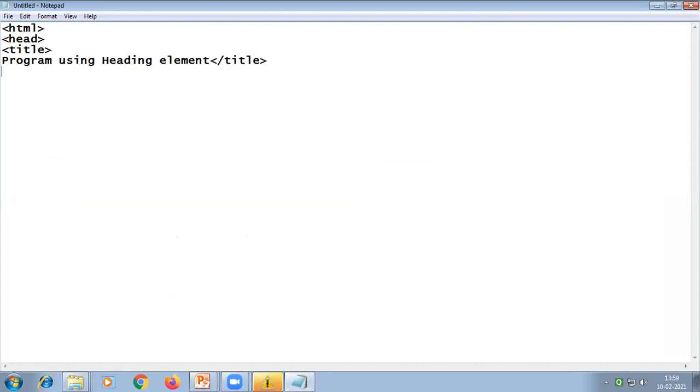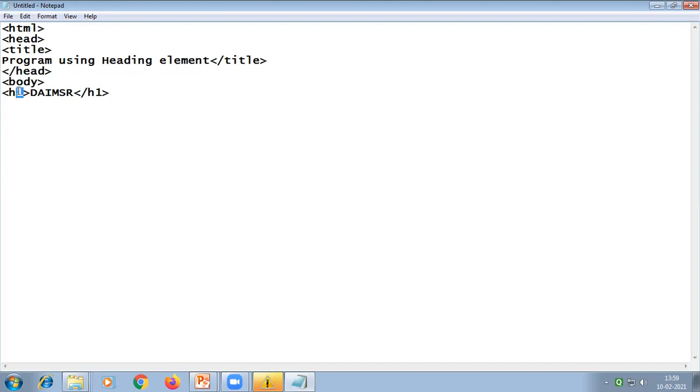As this is the first program which is to be done in a practical way in Notepad editor, I'll be making use of the heading element. So now the second section is the body section. Now under body tag, I need to place all the headings. So the first heading, let me write it as DAIMSR H1 closing. Now in HTML, it is not mandatory that you have to follow the case sensitive rules.